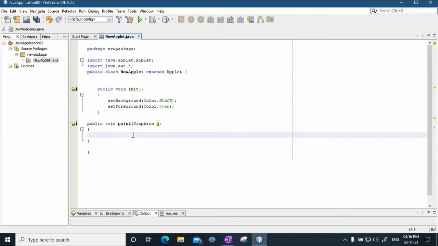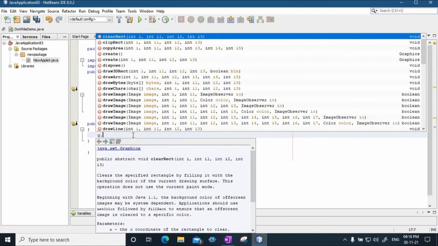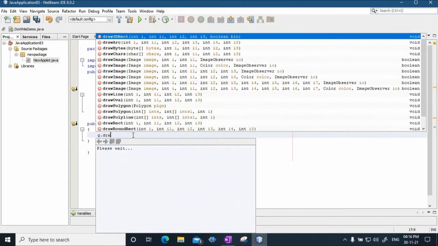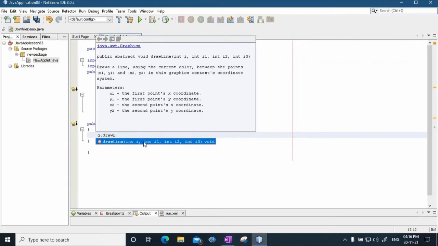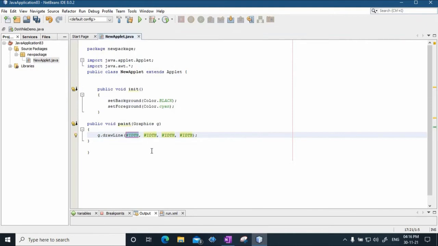So I will say g.drawLine. The drawLine method takes 4 parameters. If I say 10, comma 10, then 10 comma 10 is the first point, and let's say 50 comma 50 is the second point.